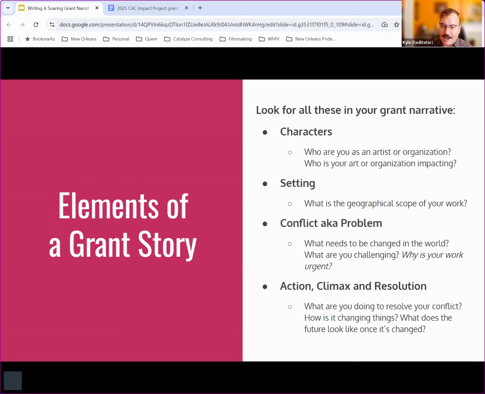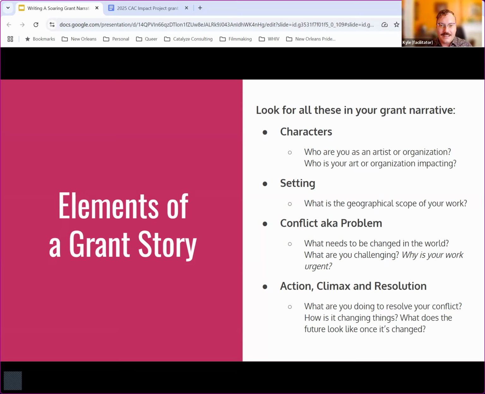I think about this in terms of your overall organizational or project story. You're going to have specific stories that you might tell, like, this impacted this person in this way and X, Y, and Z happened. But what we're talking about here in terms of a grant story is really being able to take some of that story of what you're doing and translate it into the elements that our brains are looking for when it comes to storytelling. And so, sorry. Thanks, Haley. Thank you for being here. People are hopping off. Thanks, y'all.